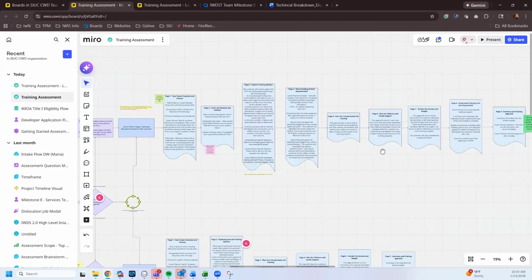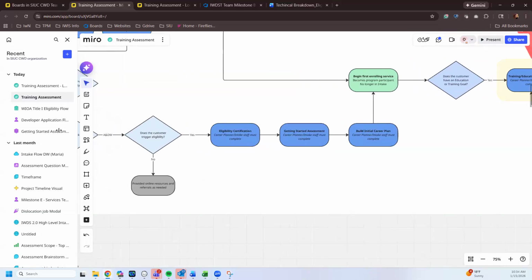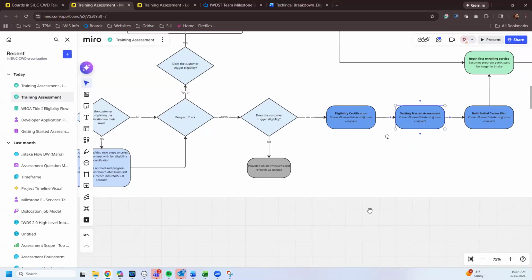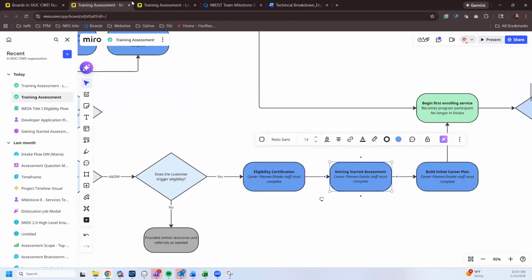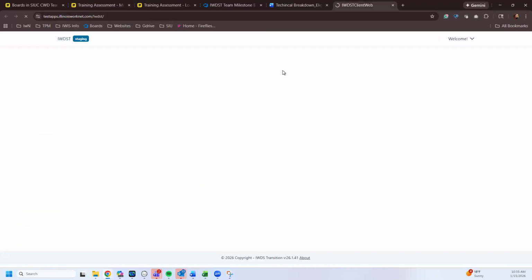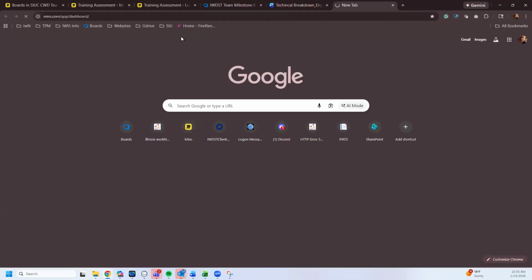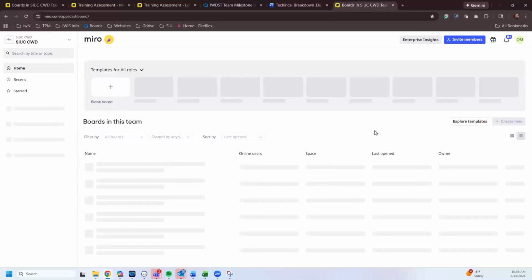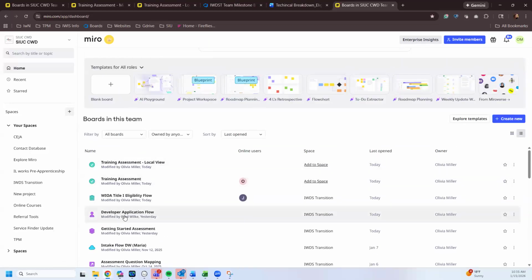As a career planner, one of the next assessments you're going to do with them after completing the application is the getting started assessment. So we do the application down here. We need to certify eligibility, and then we do the getting started assessment. We're going to show you guys this very soon. We're working on upgrading that skills and interest survey. It looks really good. It's very cool. But as part of the getting started assessment,